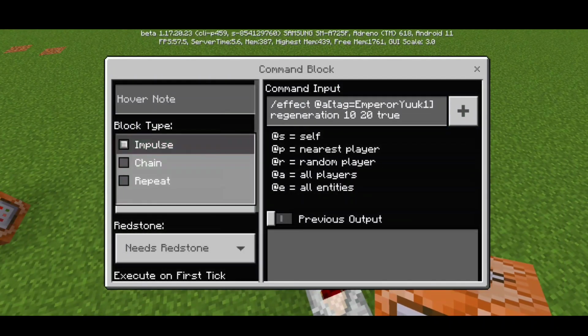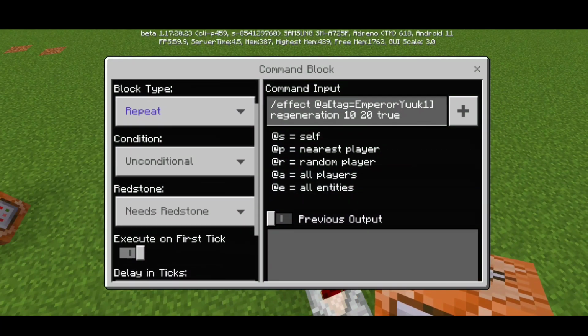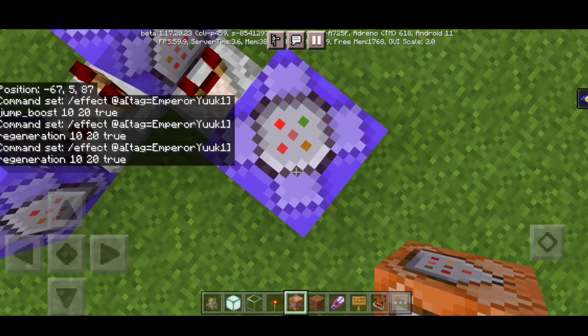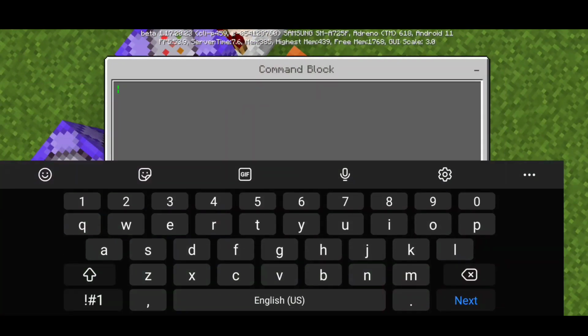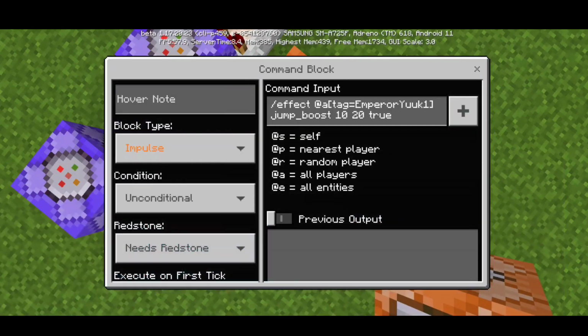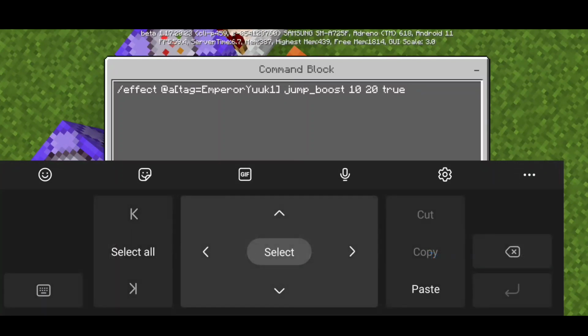add-on. So we're gonna have to change that one to regeneration, because we only gonna do some copying from the clipboard to make things fast. Sorry about that. So let me take this one and I'm gonna have to put this effect. I'm gonna copy the clipboard and change the effects because it already just says jump boost. So let me change this one. Okay,